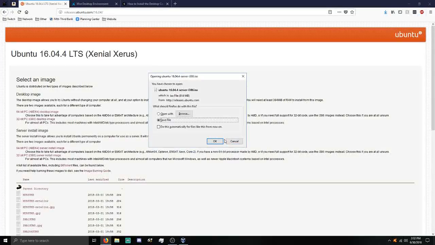I'm not going to do this because I pretty much made a version of this last night. So this is not necessary for me, but you would click on the server link here and save it to your computer. It's, I think, 814 megabytes right here. So it shouldn't take very long depending on your internet connection. So I'm going to cancel that out,